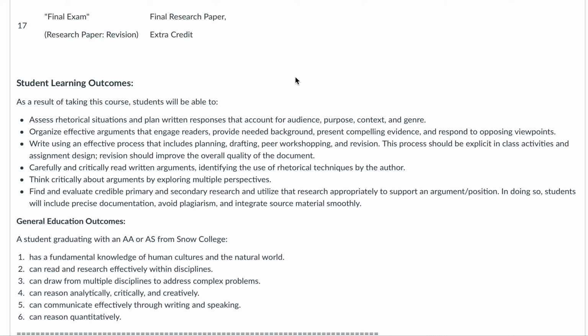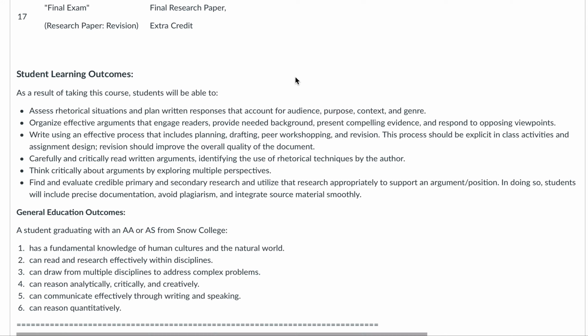You will see these listed on all of our assignments for this semester in some order or some combination, because I want you to know kind of what we're building toward with each of those assignments. Some of you won't care. That's fine. For some of you, this will be really helpful to kind of know what you're supposed to be getting out of it. Great. It's there for you. And they may or may not be color coded by the time they actually show up on the assignments as well.